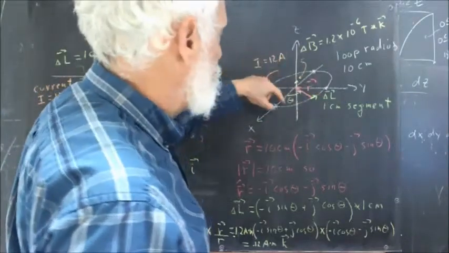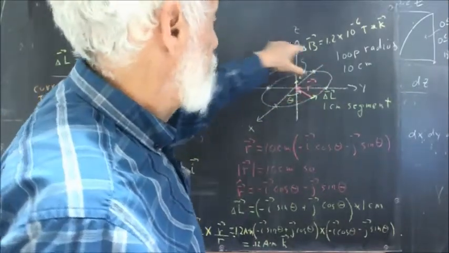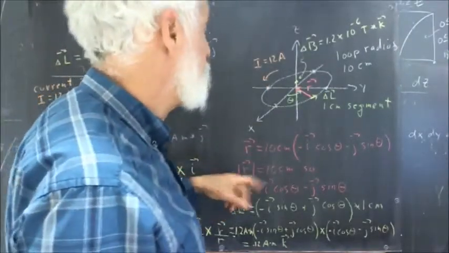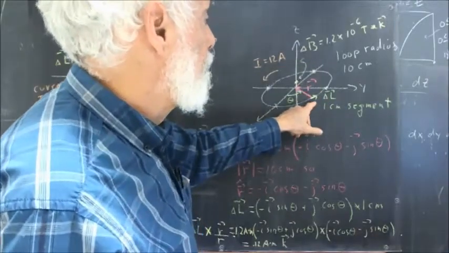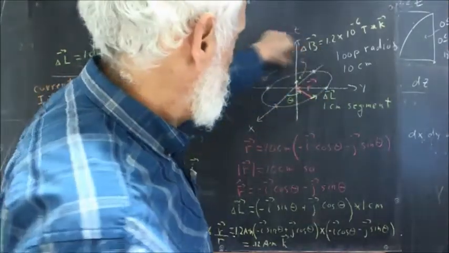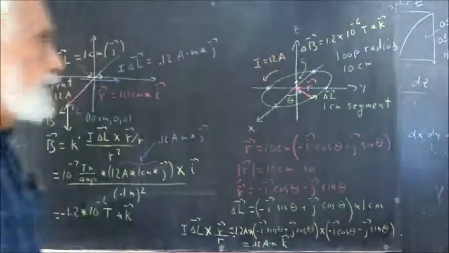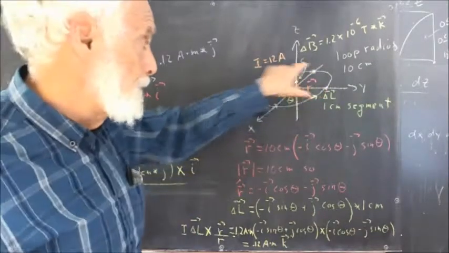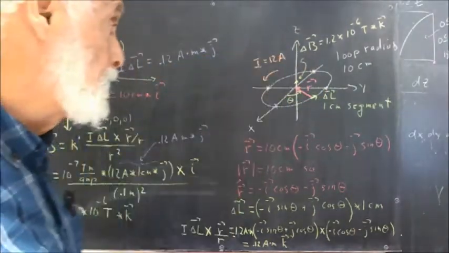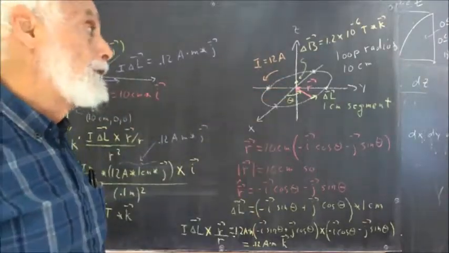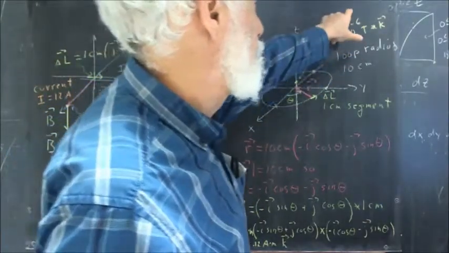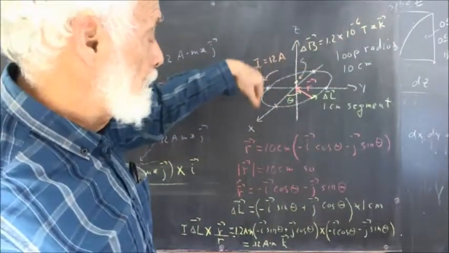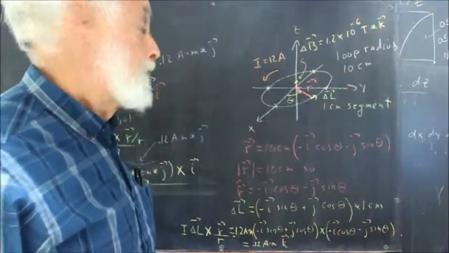Now, this doesn't depend on where this is. Theta could be any angle between 0 and 2 pi radians, or 0 and 360 degrees. So this is going to be the same result for any 1 centimeter segment of this loop. So if we add up all the contributions from 1 centimeter segments, we should get the total magnetic field at the origin. Every one of them is going to give us 1.2 times 10 to the negative 6 Tesla times K. So all we have to do is figure out how many 1 centimeter segments there are around a loop of